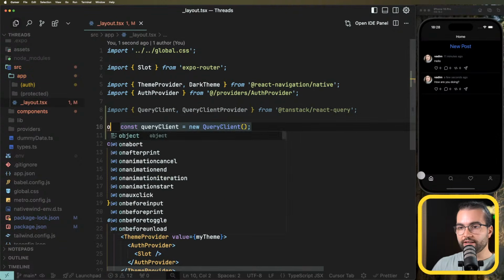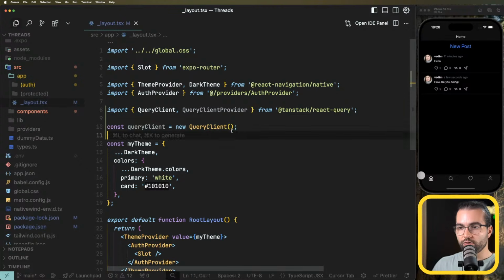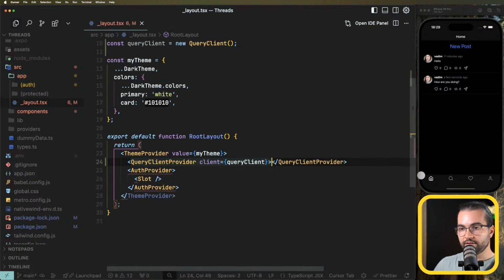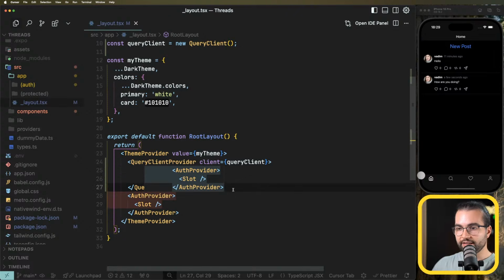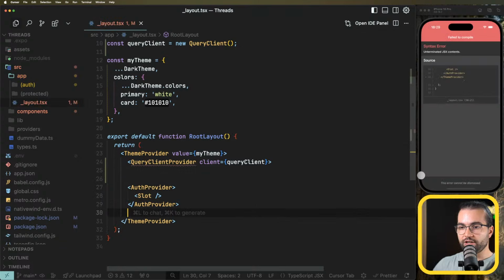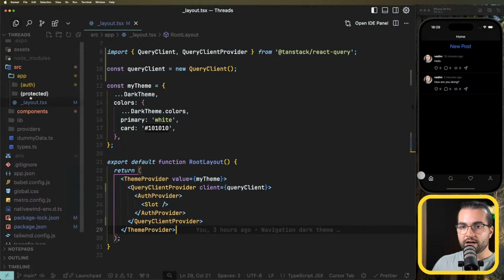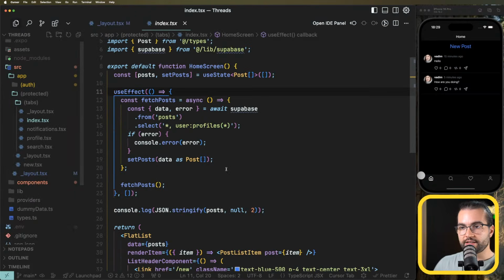First, I'm going to create a query client using the new query client class. Then, with a query client provider, somewhere here, I'm going to provide this client to the rest of my application. So make sure that the slot is inside this query client provider. Now, back in my protected index here,